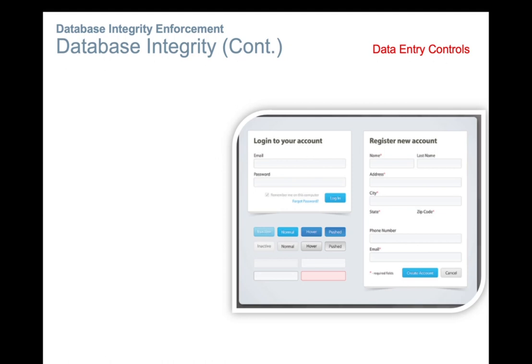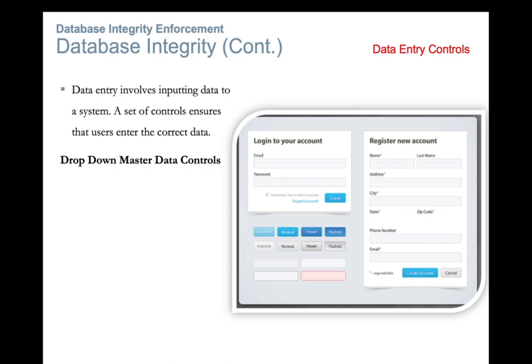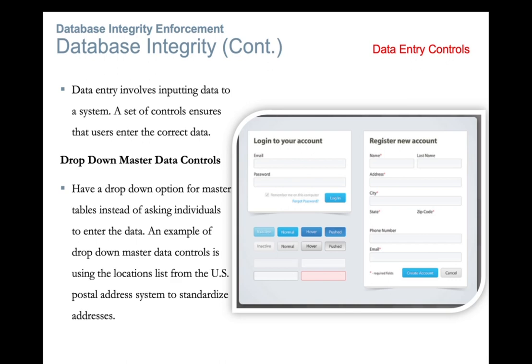In the drop down master data control, suppose you have a drop down option for master tables instead of asking individuals to enter the data. An example of drop down master data control is using the locations list from the US postal address when creating an account,